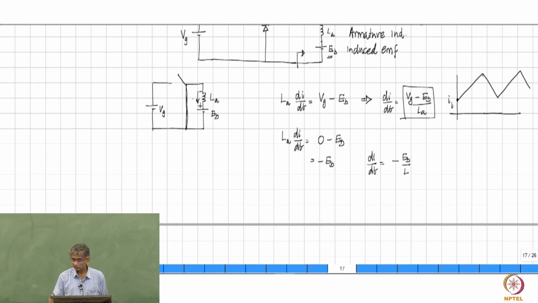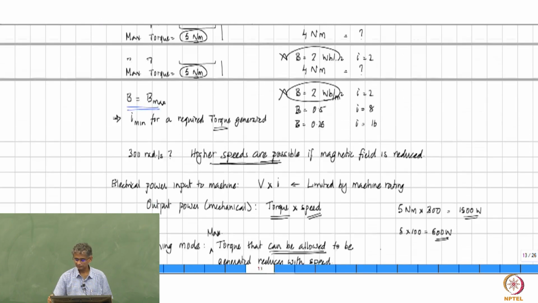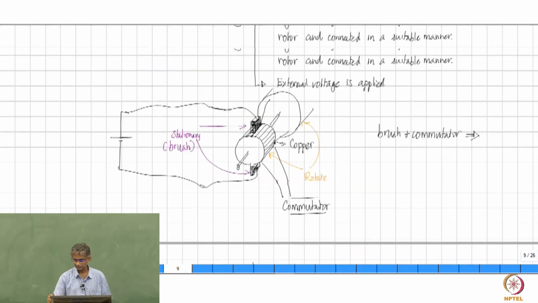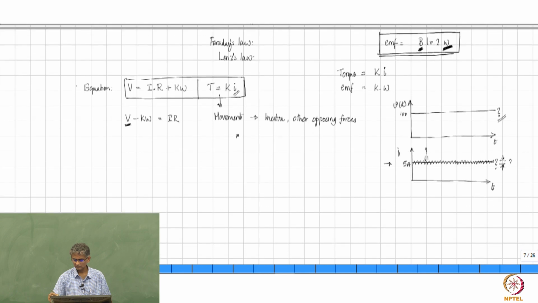right? So this current waveform is obviously much better. We saw that right at the beginning, right? Where was that? We said whether we can allow this kind of a current waveform, and we said that yes, you can allow. What are the things you need to look at? Whether the magnitude of the ripple is small enough and the frequency of the ripple is high enough.